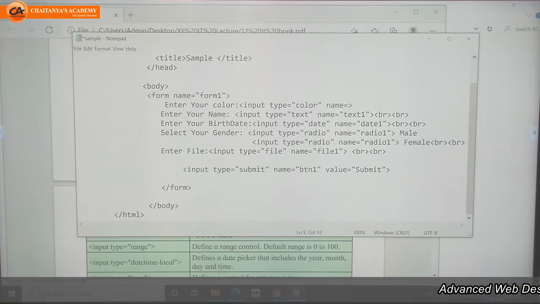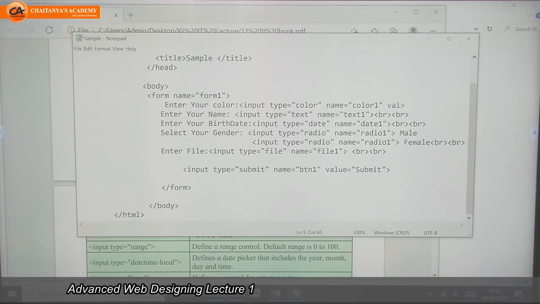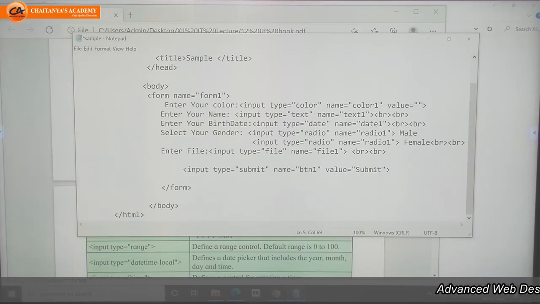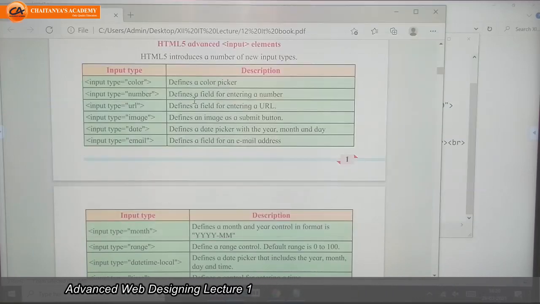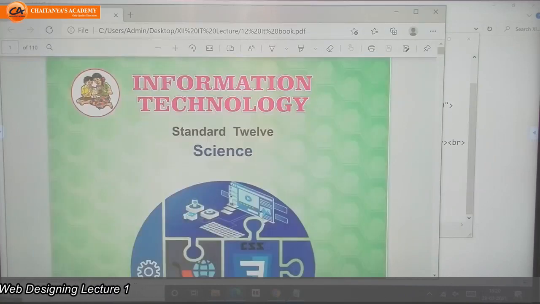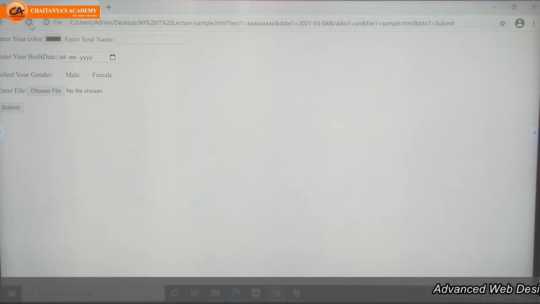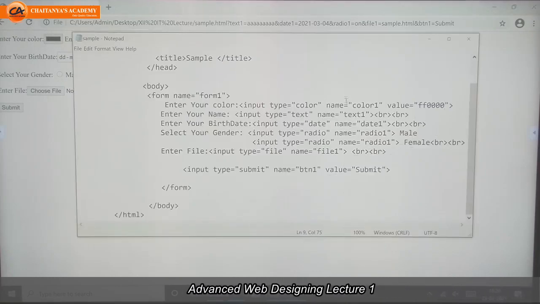Name equal to color1, and a value I want to give there, so it will display the color, otherwise it will not display. So value, suppose I want to give a coded value, suppose this is black color.